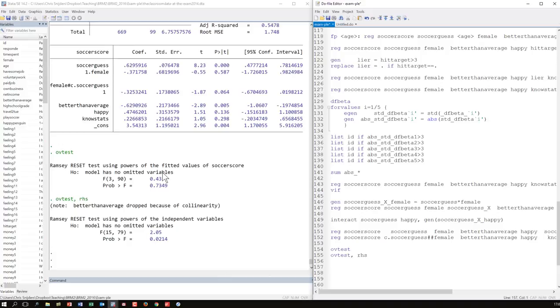The other thing that the omitted variable test does is take squares of all the variables that you have, add all these as predictors, and see if that helps. So you assume that all of these variables are not linear but curvilinear, and see if that makes a difference. And apparently here, it does. So this suggests I'd better try to transform the variables that I have here, for instance the better than average variable, or the happy or no stats variable, in such a way that it fits better, because there is some room for improvement here.